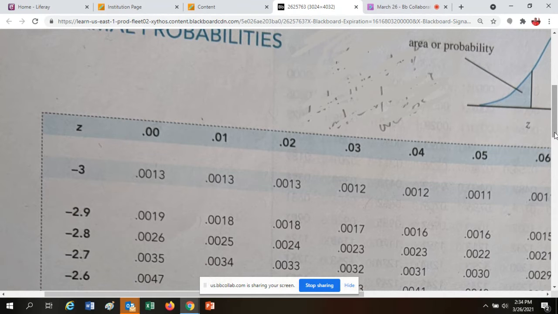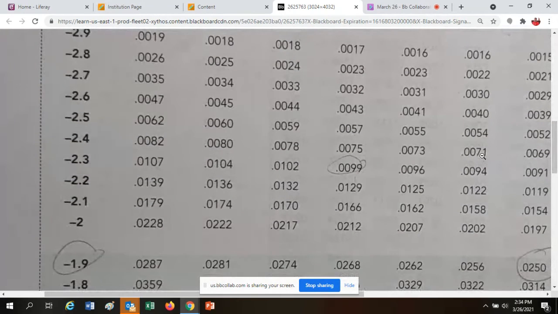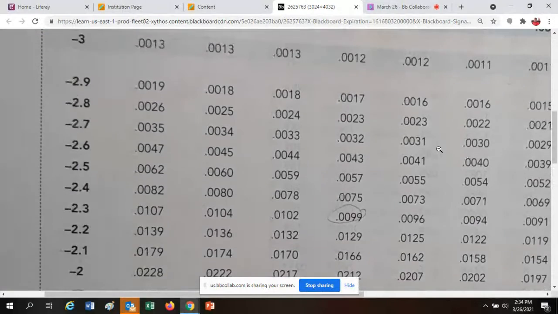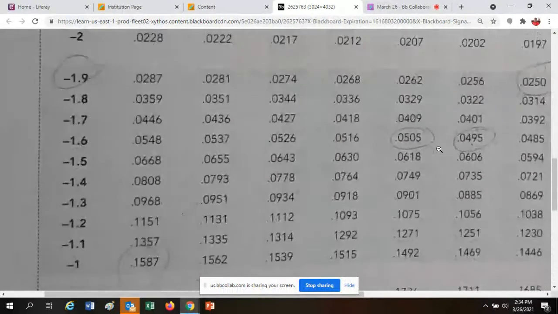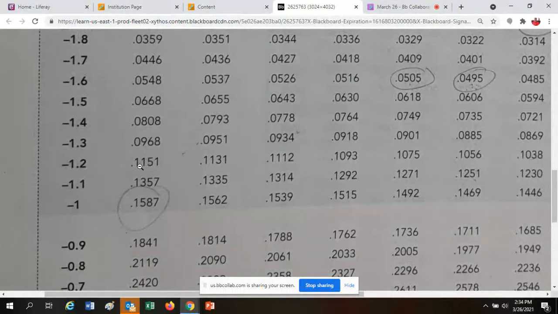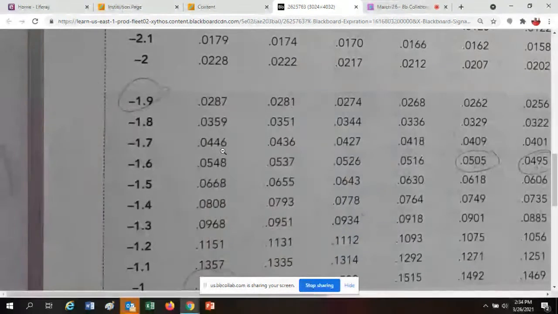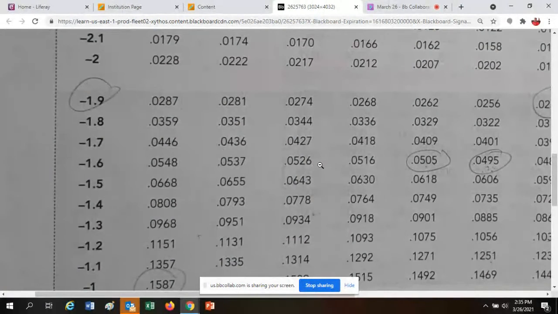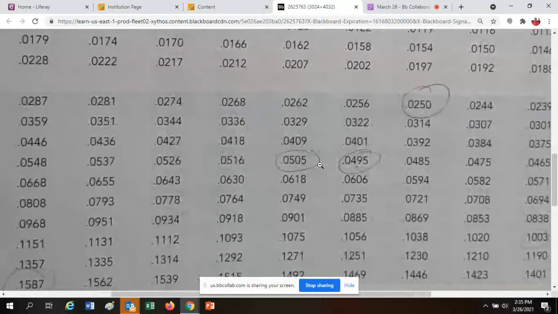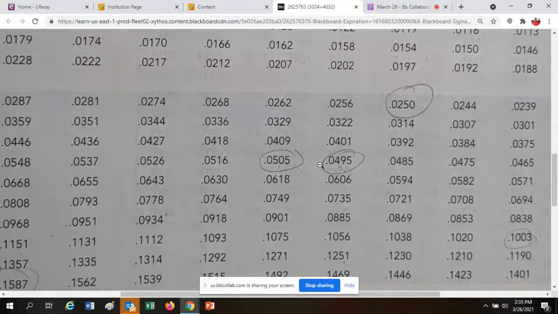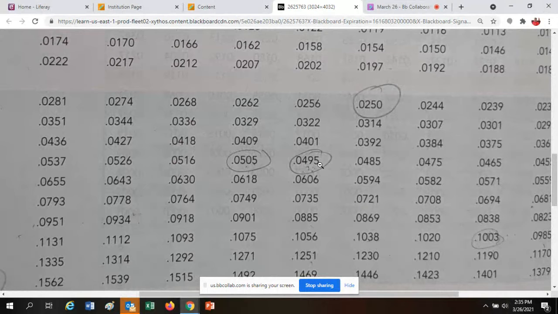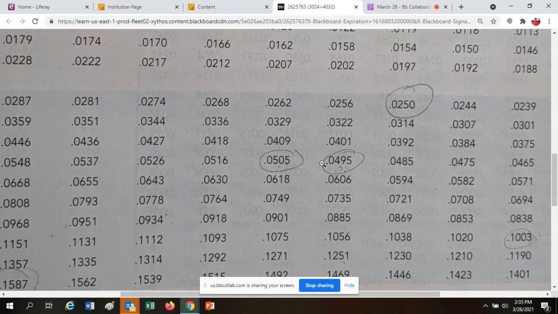We are looking for 0.0500. 0.0019, 0.017. Here we're at 0.11, we're too high. 0.0548, that's close to 0.0500. Well, if I go here, that's a little closer. Even closer. Even closer. 0.0505. Wow, that is really close to 0.0500, right? Well, if I go over one more, it's 0.0495. Where is 0.0500? It's halfway in between these two numbers,